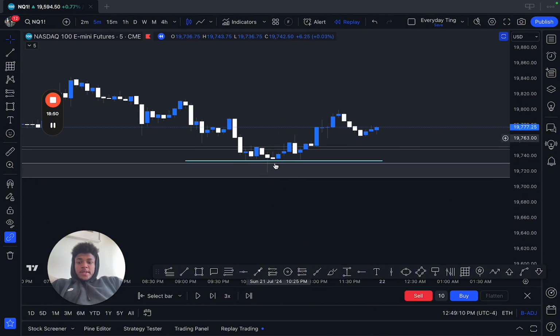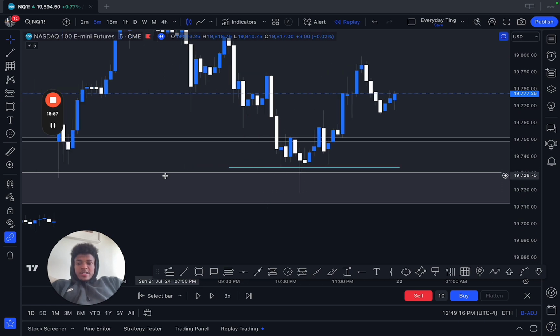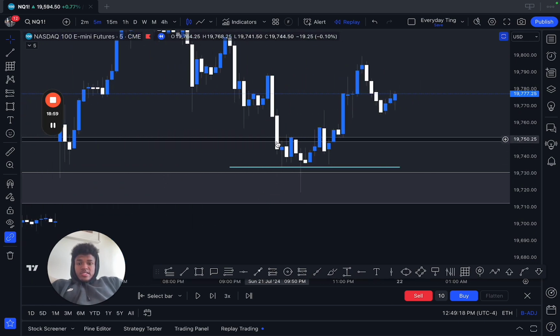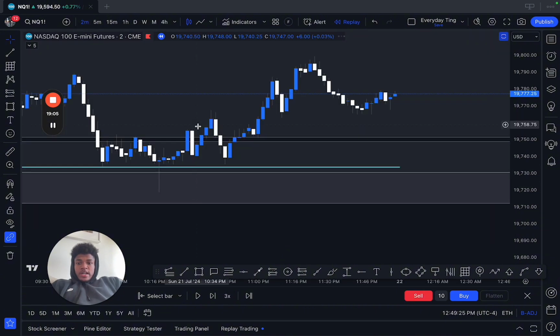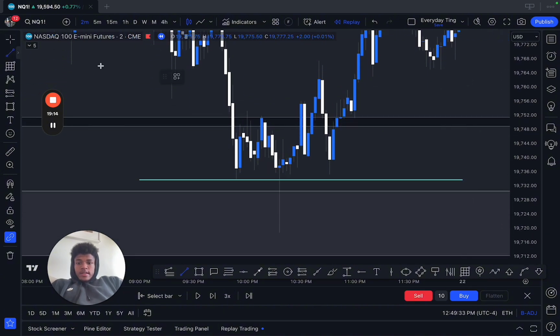We're at a key level. We're expecting that to be the manipulation simply because we're at a key level, a higher time frame level. So we have a higher time frame level, and then we have this internal range liquidity that's getting taken in the form of previous hourly low. So I'll go all the way down to the 2 minute. This basically trades lower. Then we just wait for a CSD,